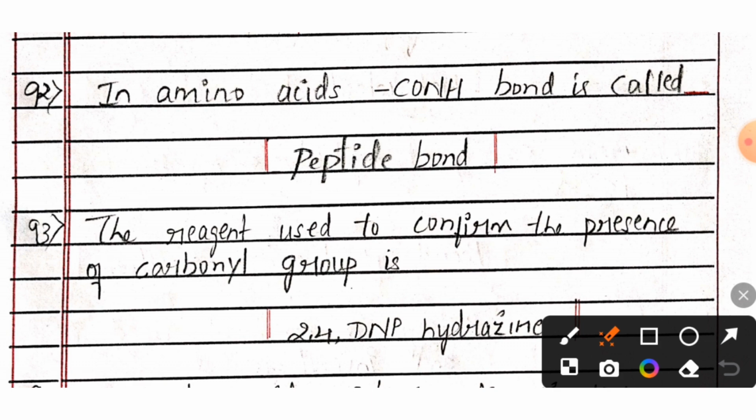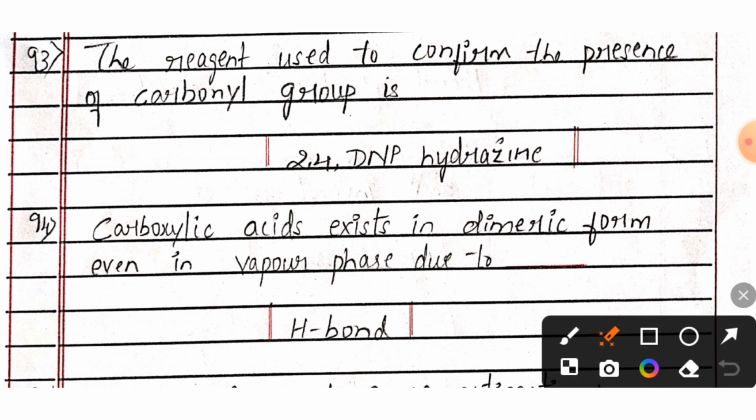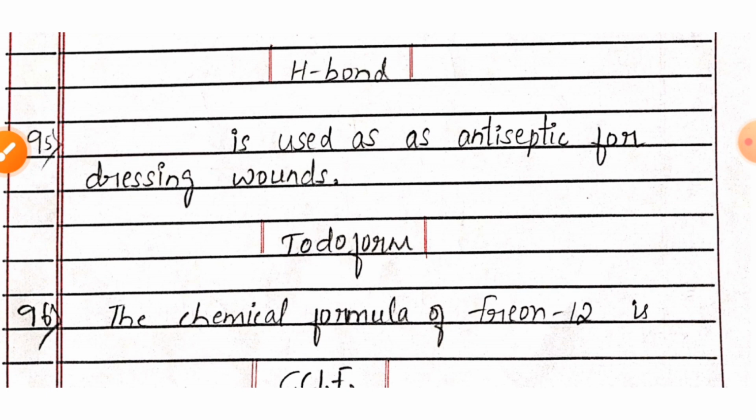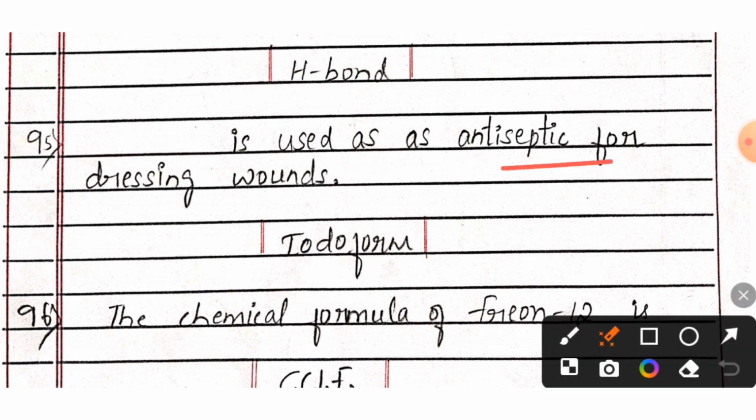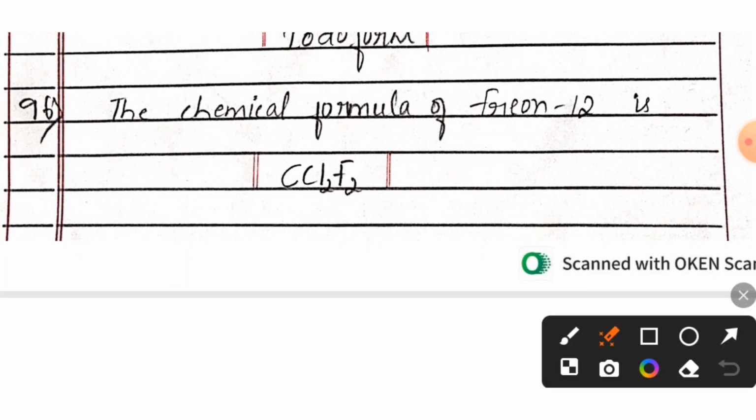The reagent used to confirm the presence of carbonyl group is 2,4-DNP hydrazine. Carboxylic acids exist in a dimeric form even in vapor phase due to hydrogen bond. Iodoform is used as antiseptic for dressing wounds. The chemical formula of Freon 12 is